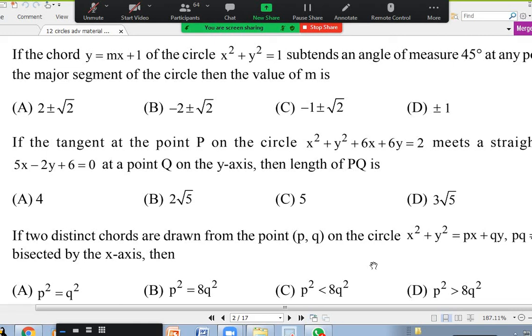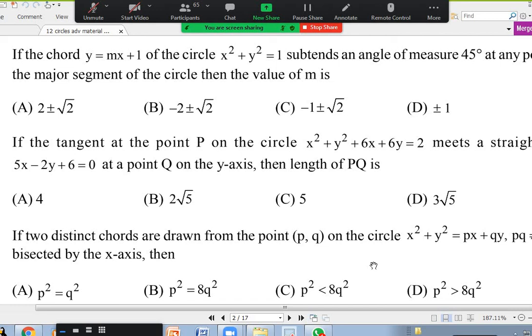Sir, I did it with another method, may I say? Yes, please. From that we can find the length of the chord, which is root 2. This is the 13th question. We want to find the length of the chord and equate it to r root 2. Yes, sir, 2 into root under minus S11. I equate and I got the answer.